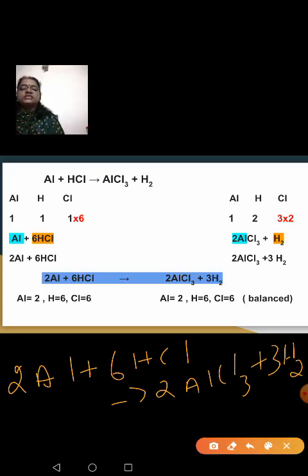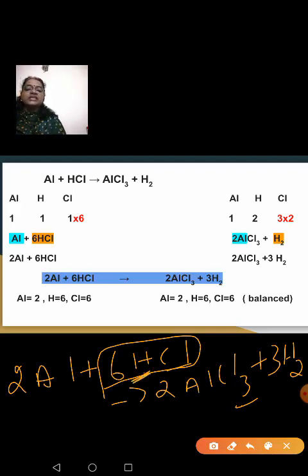I told you earlier itself, Cl you had 3 atoms, here you had only 1 atom. To increase the number of Cl atoms, I have to multiply the number. So if I multiply by 2, I get 6. So on the LHS also the number of chlorine atoms can be made 6 by putting a 6 there. When I put a 6 there, hydrogen is also increasing to 6. So immediately I have to go to the right hand side and make my hydrogen atoms also 6 so that it becomes equal on both sides. To make that hydrogen atom 6, I have to multiply 2 by 3.